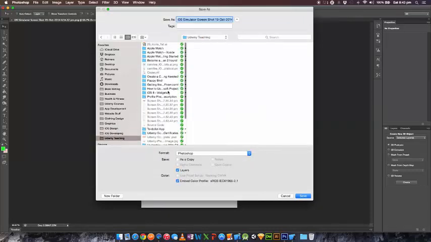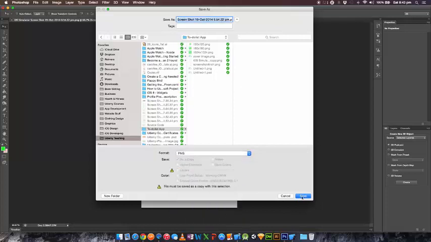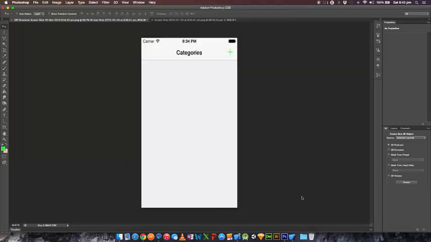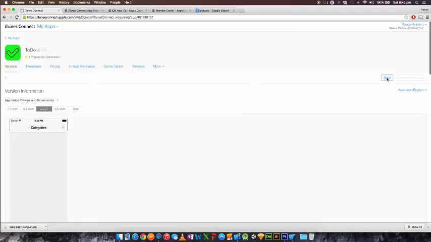Again, Udemy Teaching, to-do list app, and then we can just put screenshot. And you'll want to make sure that that is on PNG, and then hit the save. Once you've done that, you will then hit choose file and then upload it, and if all your other information is done, you can hit save